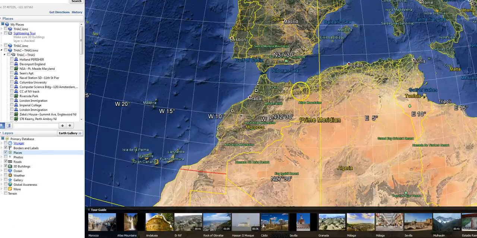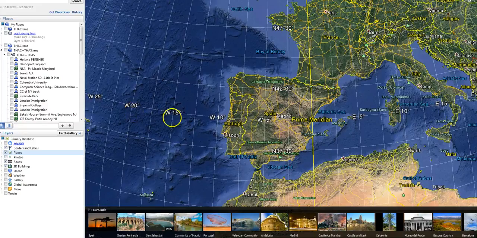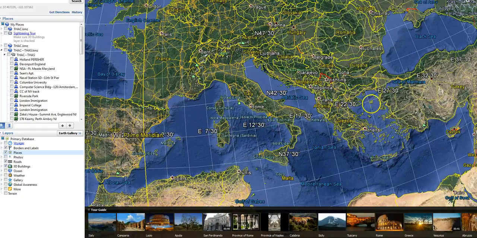Okay, so I forgot what we were on, but if you're following 15 over, there's your 15. If you're following 20, I think we were doing 20. So now here's Spain, and you can see what's in Spain, Portugal, and then it crosses over right here and crosses through Italy. And so you can follow it through for all these countries it goes through. And that's what you want them to do on their